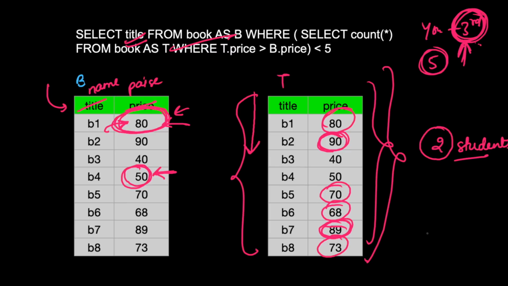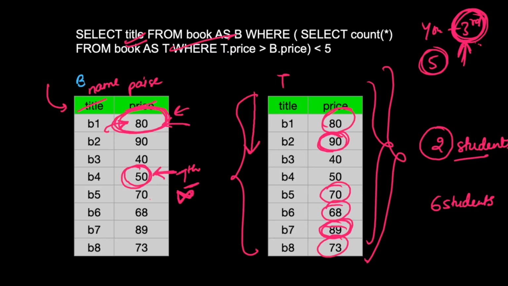There are 6 actually, 60 students. There are 60 students that have money more than you. That means that you are the 7th person. The rank of yours is 7th in the class as per the money, right? That means you are not in top 5.